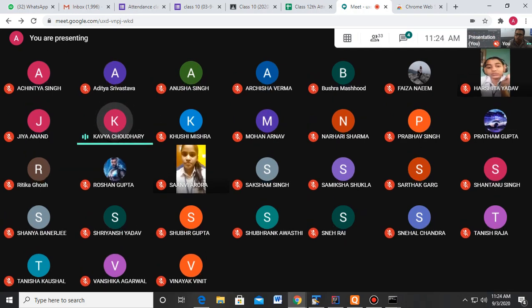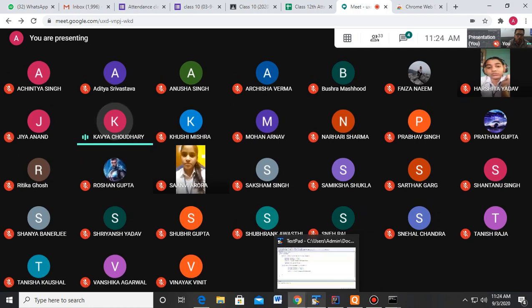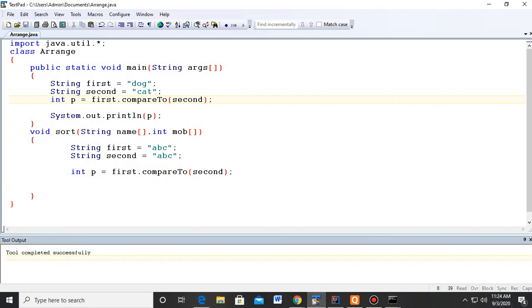Can you please explain once again how the value becomes negative or positive? You can see that the first parameter, the first variable, is towards the left of this function. If you see the screen, this is the name of the function, towards the left the first parameter is there, and towards the right the second parameter is. If the value is positive, alphabetically if you arrange these two words, dog comes after cat in the dictionary.